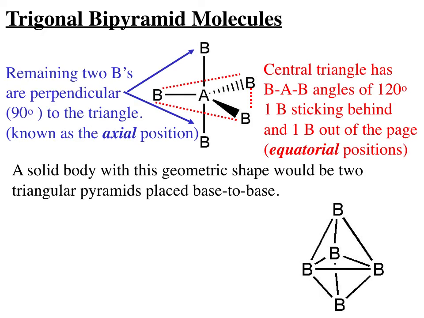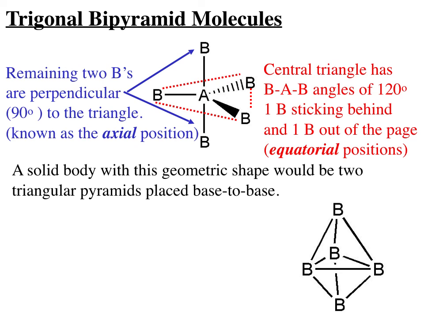I want you to be able to draw the picture shown here in black. Notice I have an A in the middle and I put a triangle of B's around it, one with a thin bond, two hatched and solid triangular bonds, and of course the implication is those are coming at you and going behind you. Then above that triangular plane of 3 B's in the middle, there's a perpendicular B above and